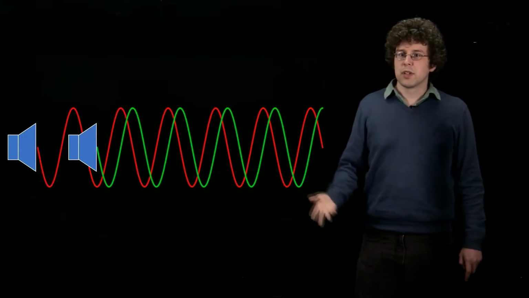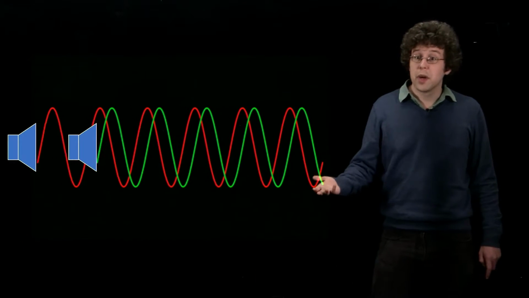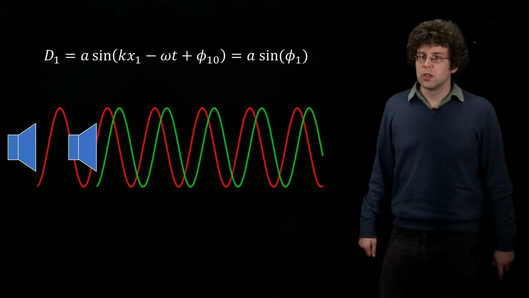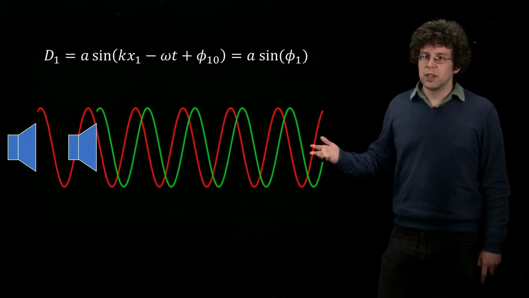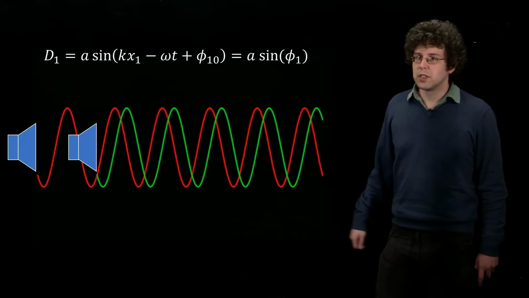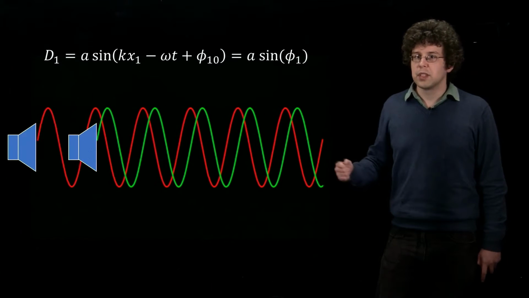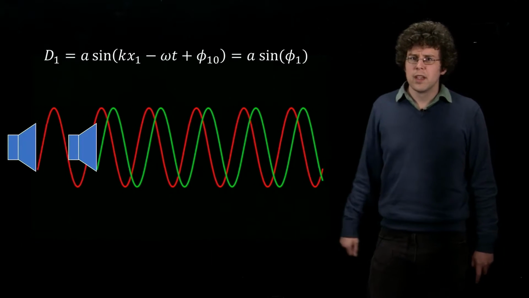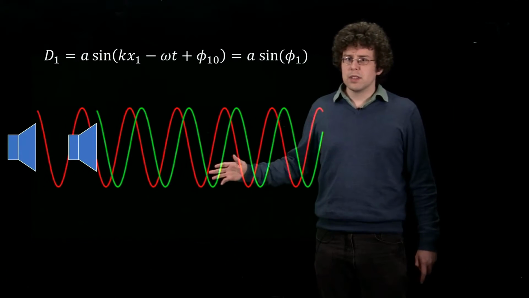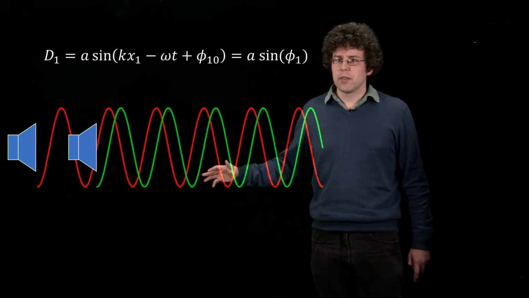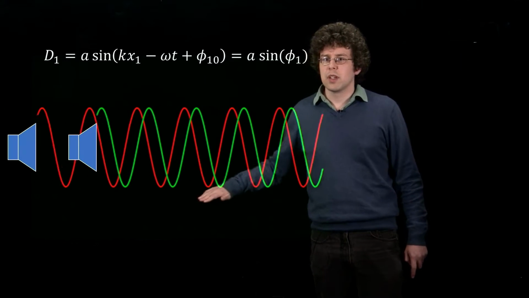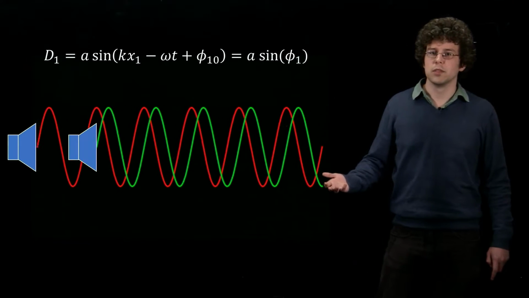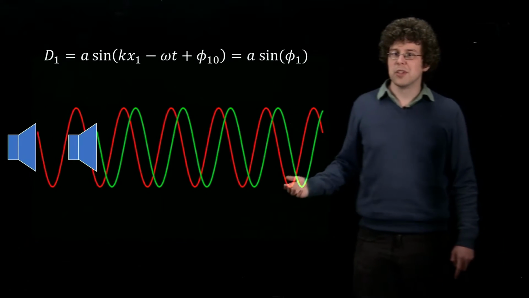So it's natural to ask ourselves first, what are the equations of these two waves? We've got two waves, we can't call them exactly the same thing. So we'll call the first one D1, the displacement produced by the first speaker, and we're going to just replace everything that's relevant with different ones. So because these two speakers have different x positions, we can consider shifting the speaker to the left or the right as being like a coordinate transform. So we're just going to label the x